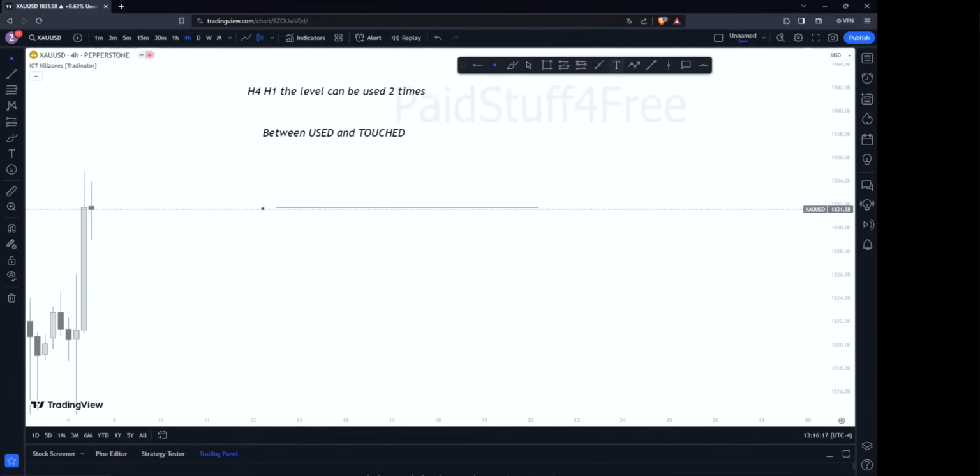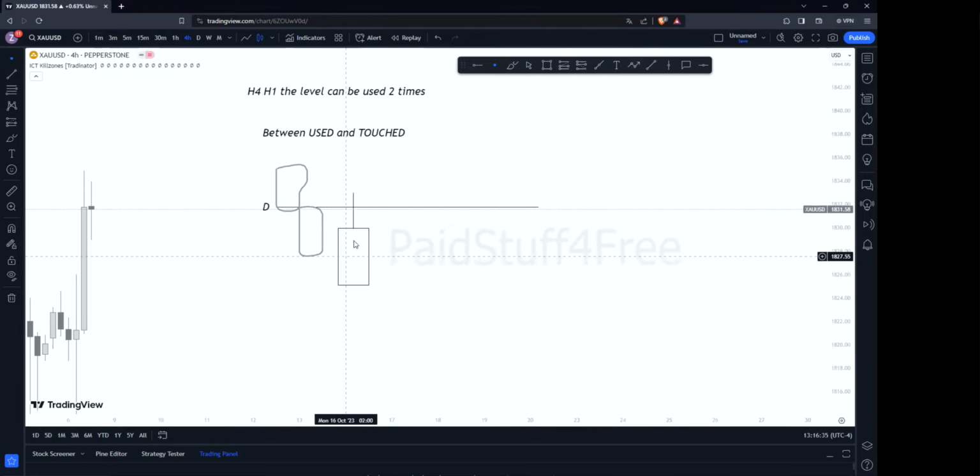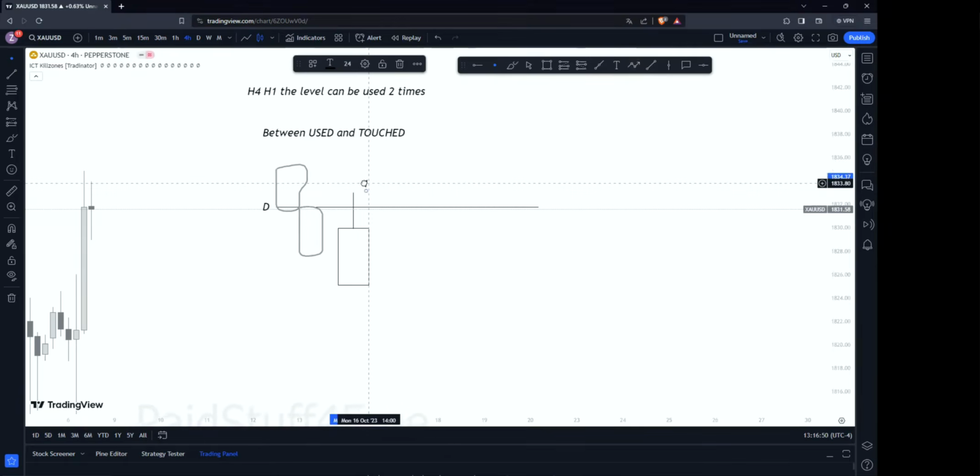Let's say this is a daily fresh level. Let's say price gives you a wick right here, and before the wick, the level is fresh. This is a gap. The level is fresh, and then it gives you a wick, so it becomes unfresh. We touched it and used it because it was fresh. So this one is one use. Now the level is no longer fresh.